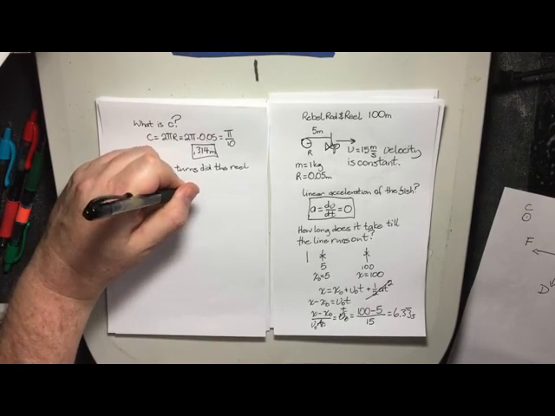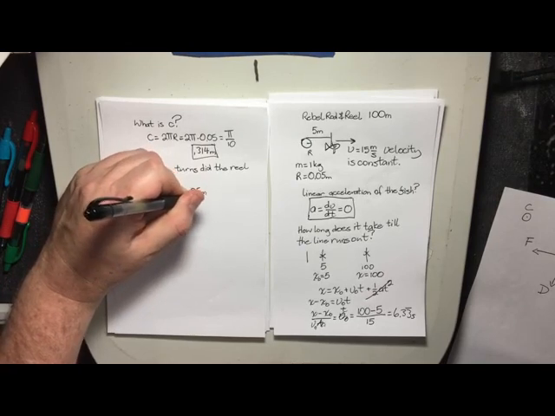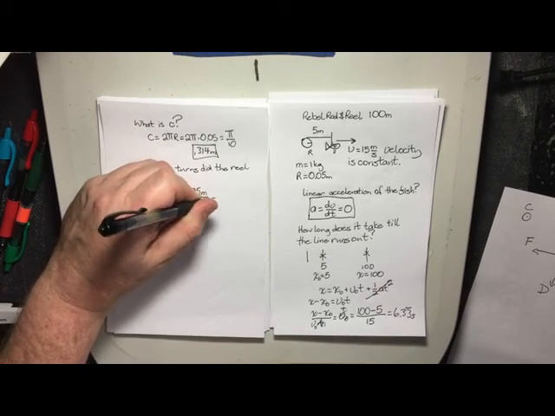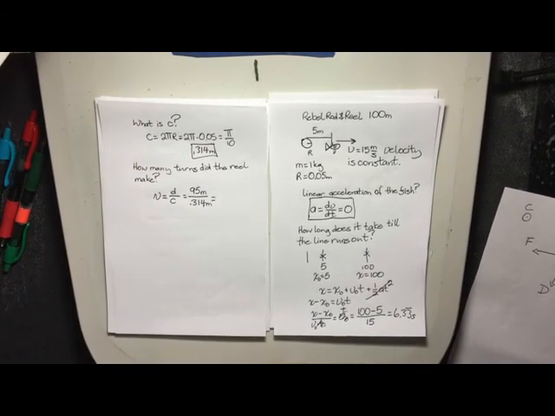The distance was 95 meters. The circumference was 0.314 meters. And that gives us,